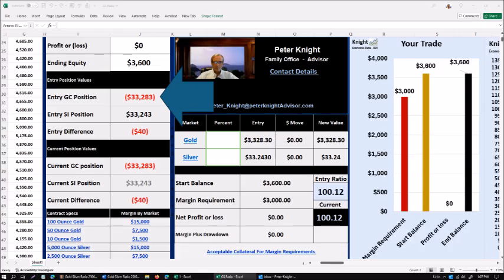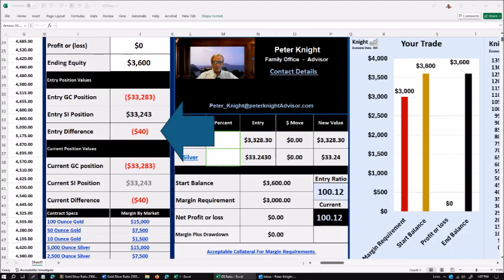than $3,328.30 to make money. And because we're short, we're collecting the carry cost on this $33,283. We're long 1,000 ounces of silver at $33.243 per ounce. On the $33,243 of silver we own, we're paying the carry on the $33,243. We're balanced. In this example, the amount of gold we owe and are collecting carry cost on is $40